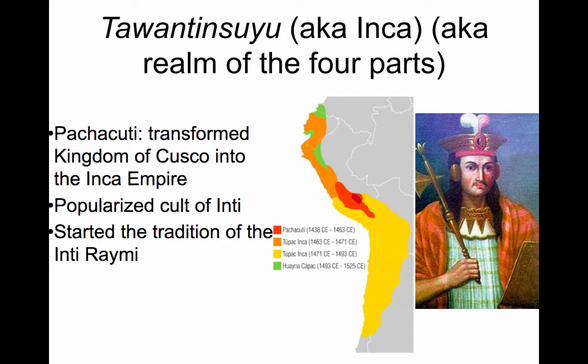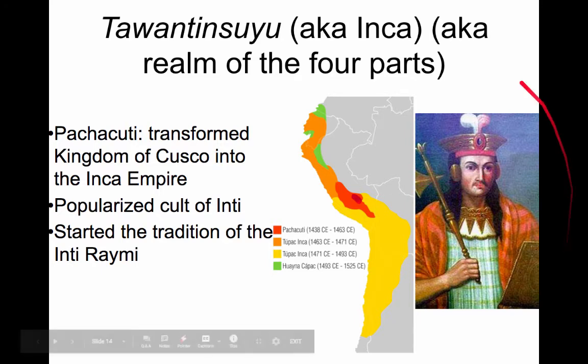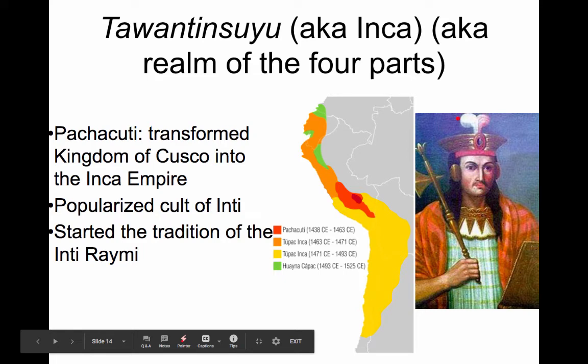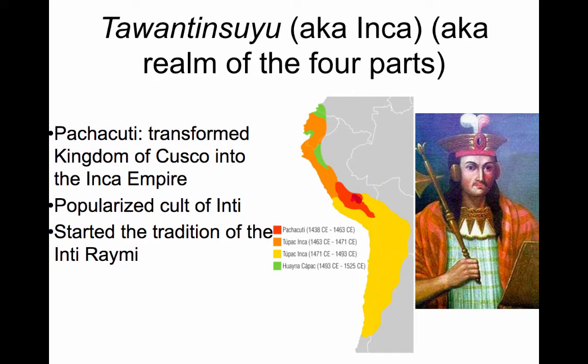But know that they originally are the Tahuantinsuyo, which is in their original language, Quechua. The Inca begin, or the Tahuantinsuyo begin, in the city of Cusco, which is way up in the Andes Mountains. And there's a leader named Pachacuti who's painted here. This is a European painting, so this was made well after the fact. But Pachacuti is credited for really starting the Inca Empire by starting to conquer territories outside of Cusco, but also for creating the cultural foundation of the empire by popularizing the cult of Inti.